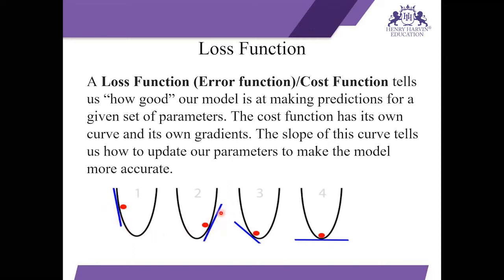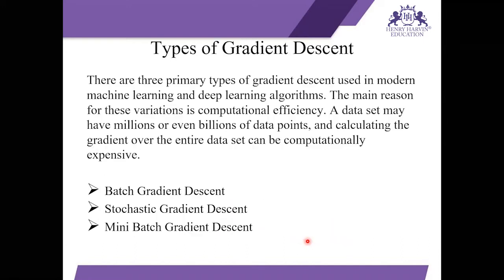So here it is, the slope is positive, right? So we can say that the weight has to be decreased. This is what we will be trying to understand from the loss function. So now, what do you understand from this? Yes, you are right. We have reached the question, right?